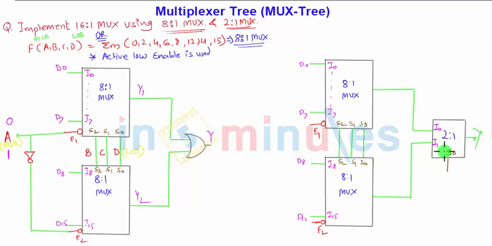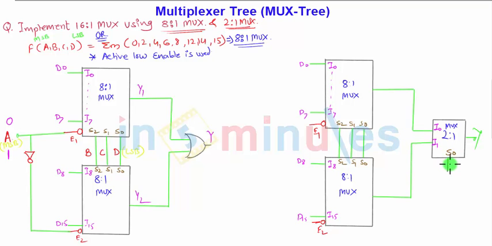Now how will you implement the MSB and LSB bits in this kind of structure? 3 bits are used here for the 8:1 mux input side, and 1 bit is used here. So among these 4 bits you need to decide which one is the LSB and which one is the MSB. It is very easy: look at the structure, this 2:1 mux is pulling down this 8:1. It is doing the larger work. It is handling the 2 muxes, 8:1 mux for D0 to D7 and 8:1 mux for D8 to D15. So it has higher power because it is pulling down these 2 ICs. This is a trick: this 2:1 mux is pulling these 2 towards the right.